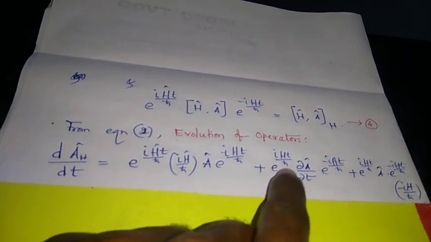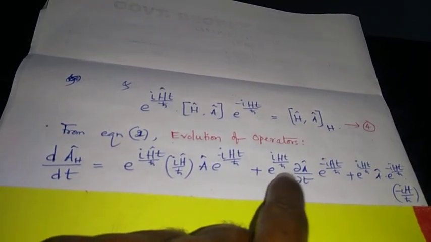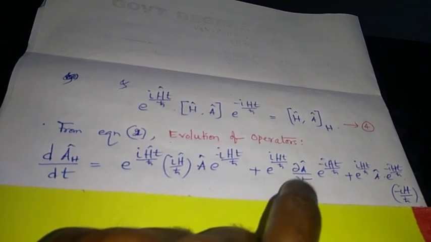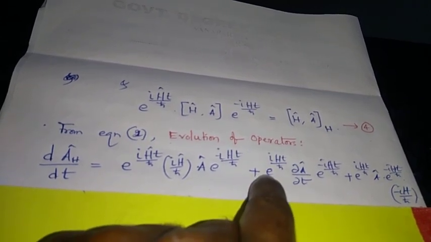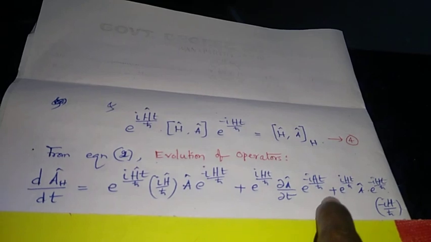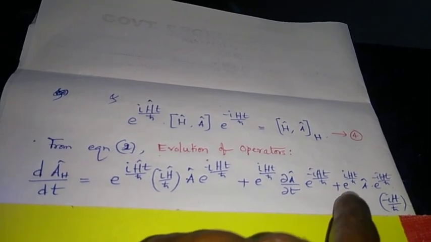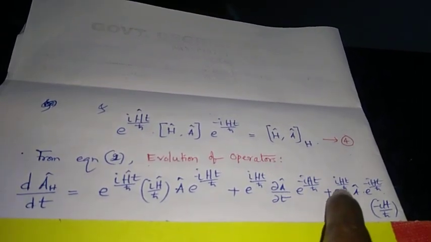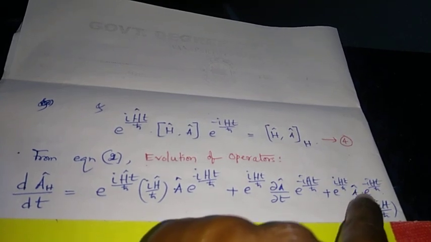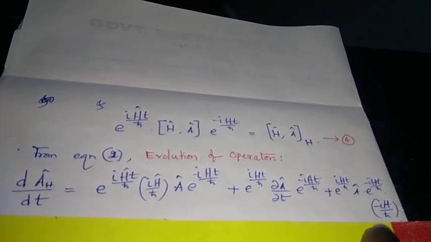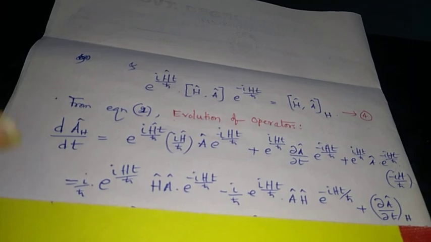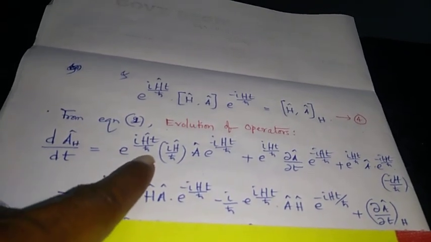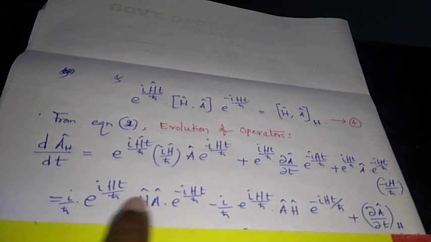Then when we do the differentiation just for A, we get dou A by dou t, and we have these exponentials as they are. Then we keep the first exponential and A as it is, and if we do the differentiation of the second exponential, we get this factor here. We can write this first term and the last term together like this here,